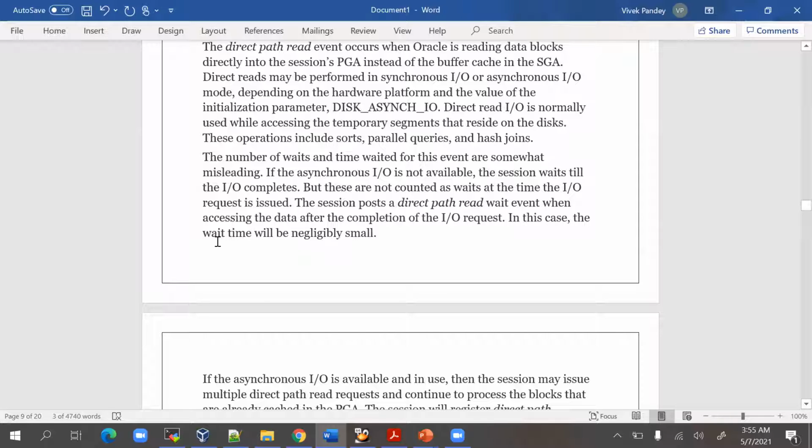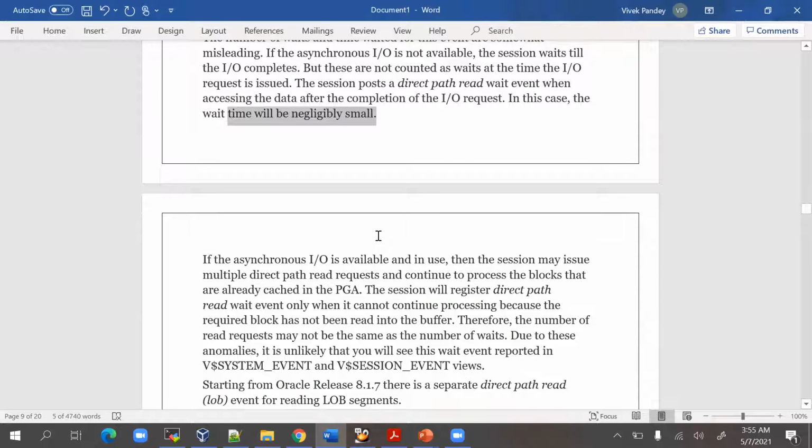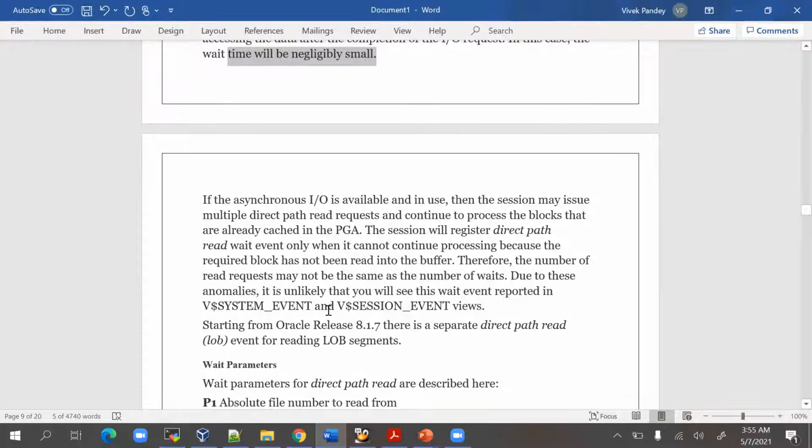In this case, the wait time will be negligibly small. If asynchronous IO is available and in use, the session may issue multiple direct path read requests and continue to process the blocks already cached in the PGA. The session will register the direct path read wait event only when